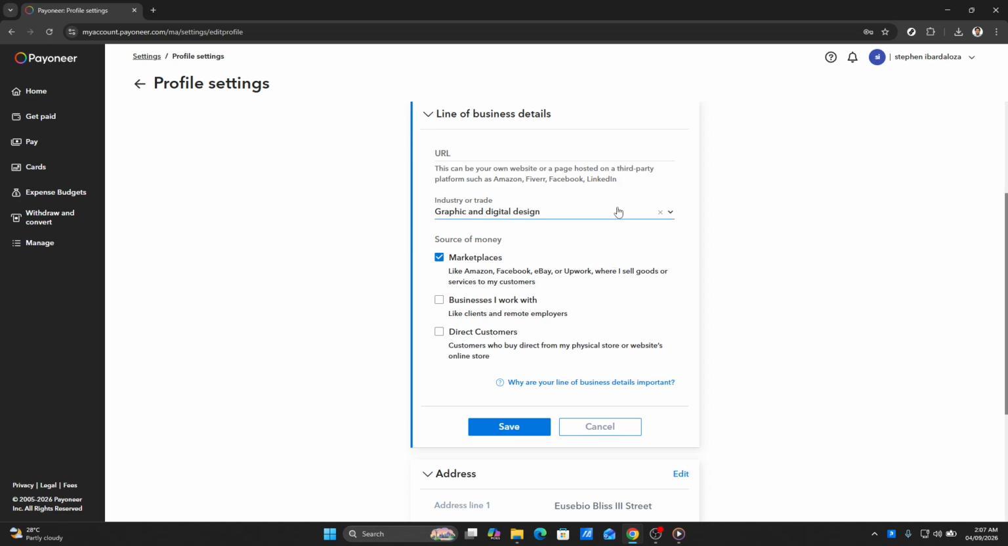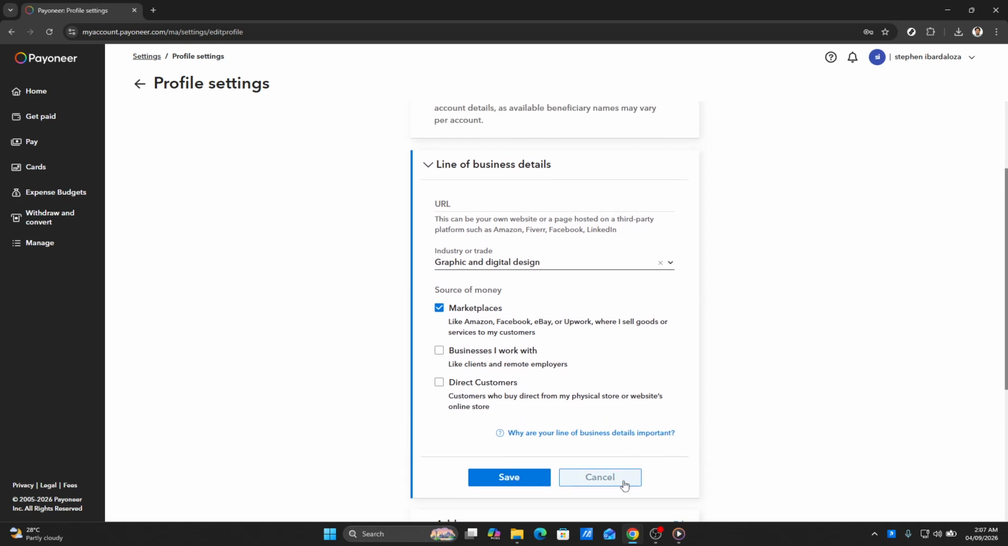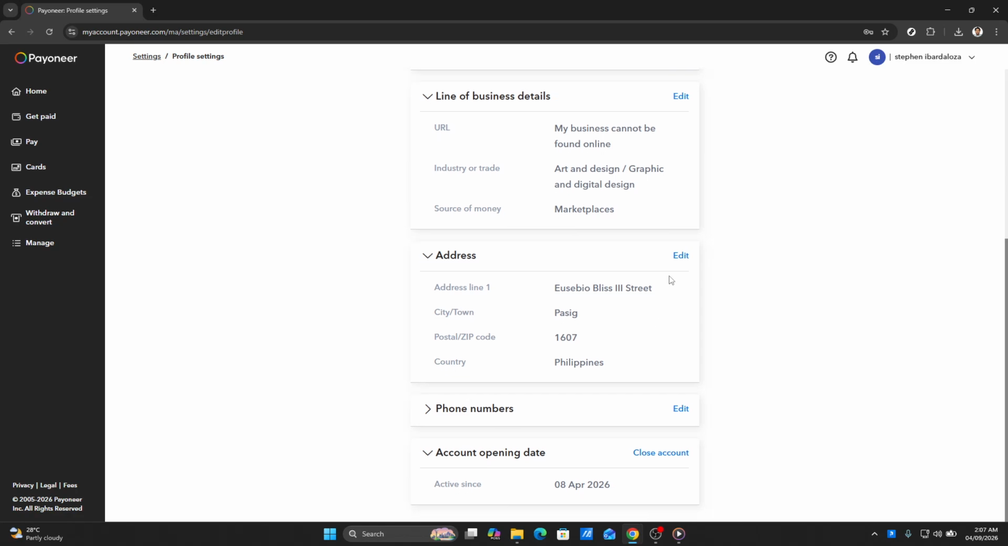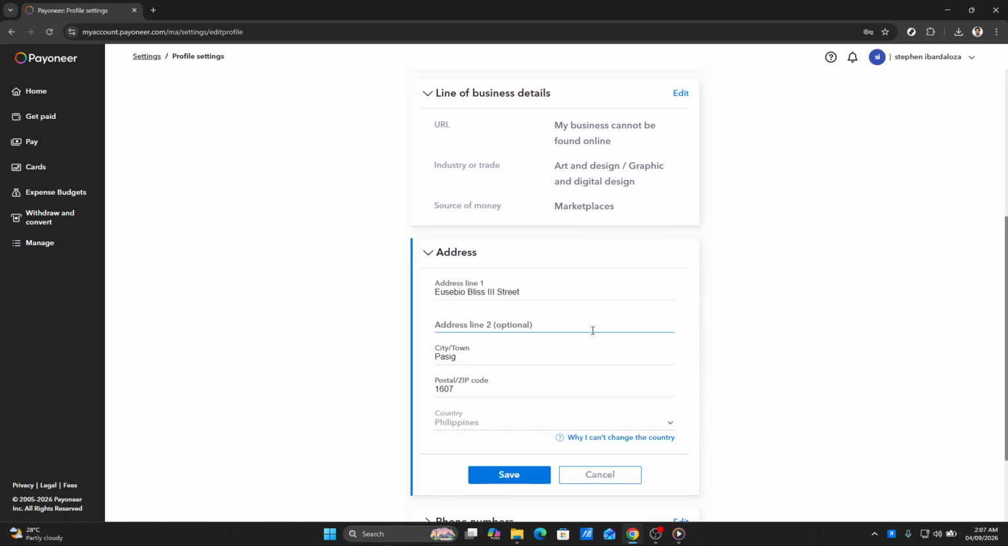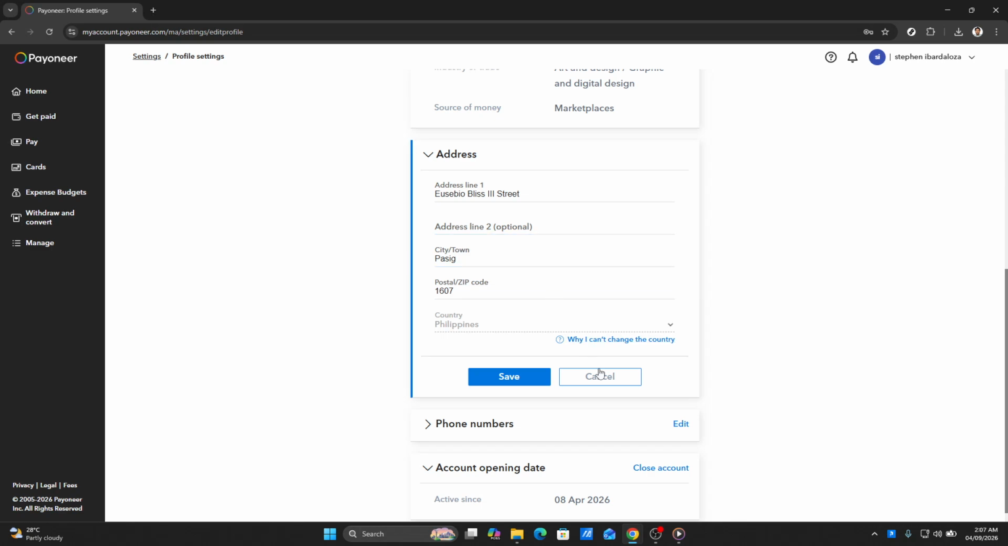After that, navigate to the Address section. If you've moved recently or just need to correct a detail, click to edit your address. Make sure to include all the necessary components, like street name, city, and zip code, so there are no issues